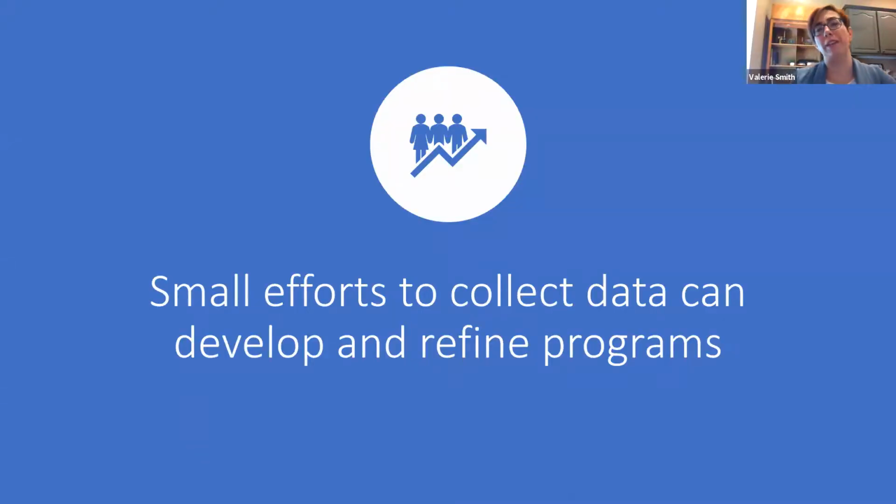So those are some big data sets that are available to anybody, for anybody to use, or that you could access or potentially collaborate with your community to help you better understand the community you're serving, and even potentially just determine locations or target populations for interventions. I then wanted to talk a little bit about data that you can collect to develop or refine your programs a little bit further. So this is data that you, or someone within your organization or your coalition, would be doing some legwork on. But it often doesn't take a lot of legwork or time to get some really useful information.